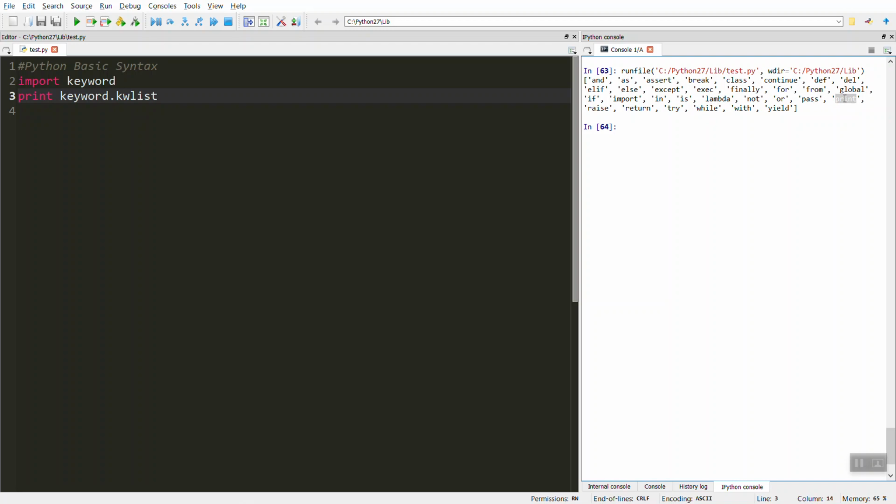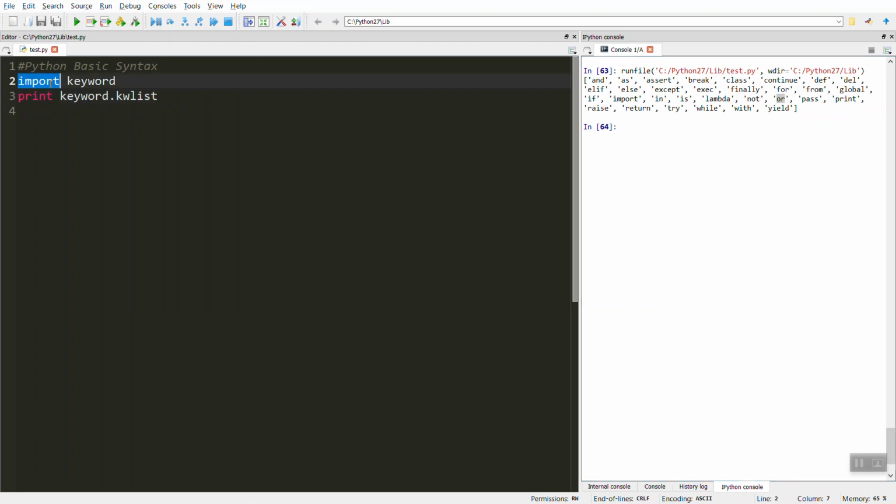Similarly, if you use print, the interpreter understands that you are going to print something on screen. Similarly for loop and other statements. So this is just for the understanding of the compiler; we reserve some keywords.